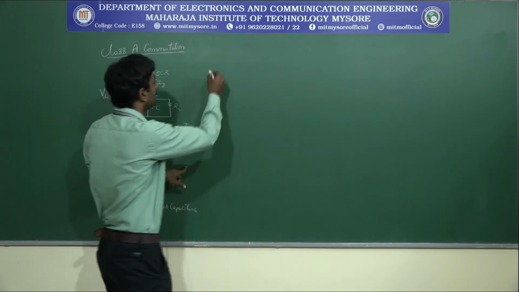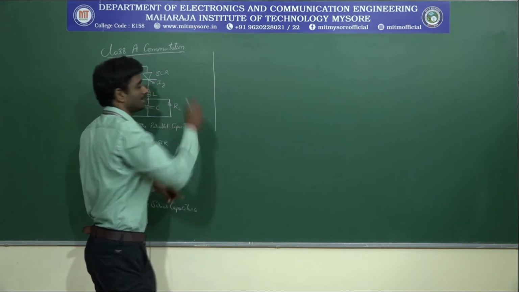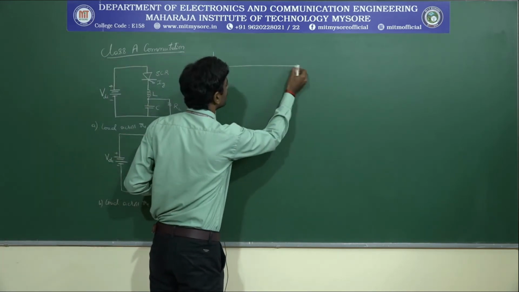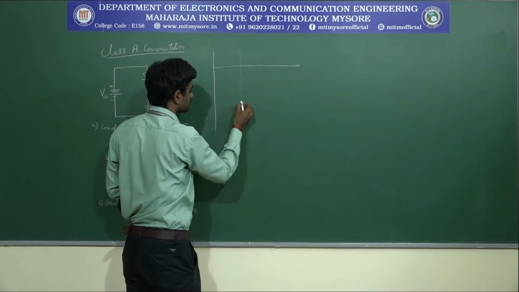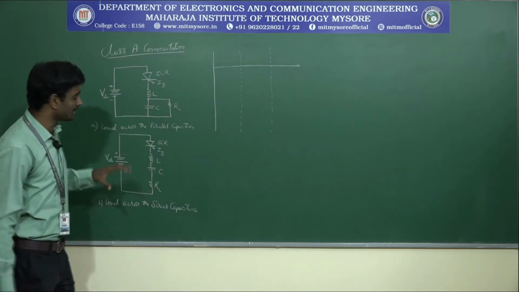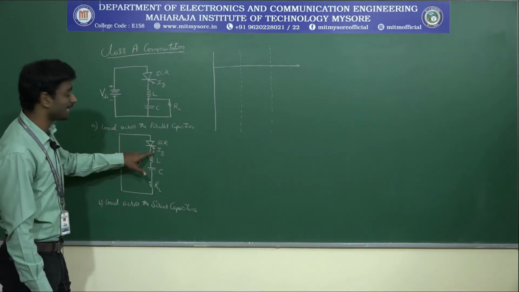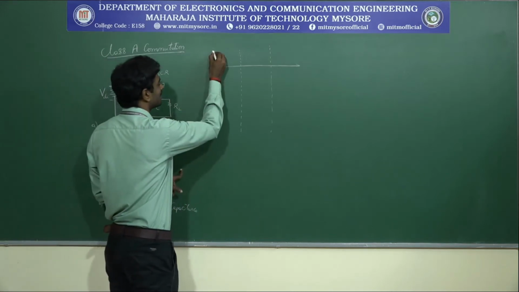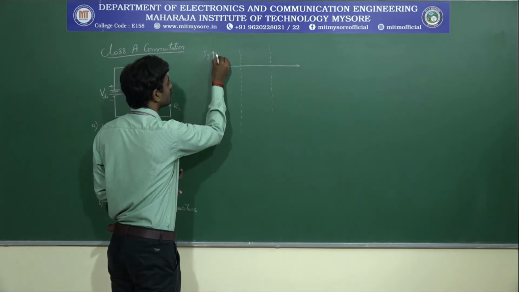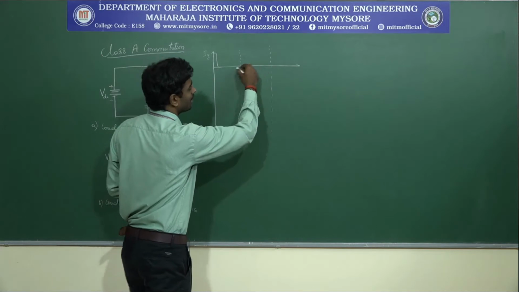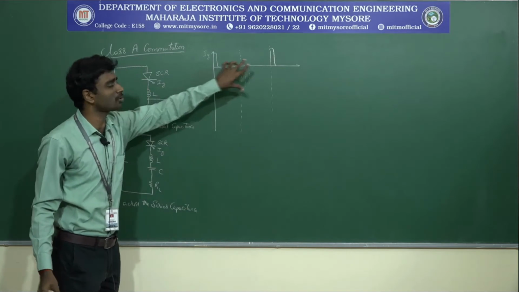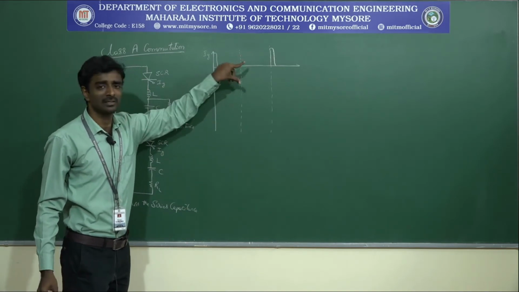If you consider the waveform, how it will be working. See, I will consider a waveform. First, I will consider the first case. When I consider the first case here, I should apply some gate current. I will consider Ig. In the initial state, I will be applying some gate current. So this will be the gate current, and for the next session I will not be applying a gate current, where the gate current will be applied only for the positive terminal, that is the initiation of your circuit.